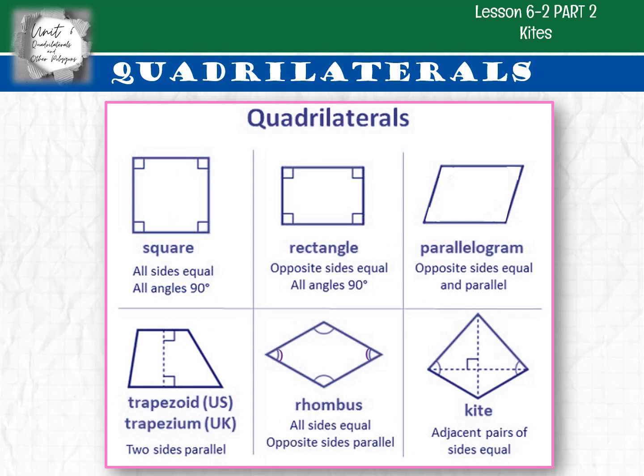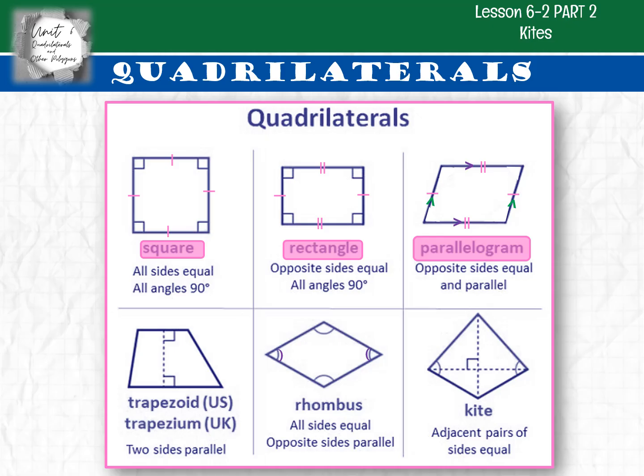Here's just a review of some properties. We haven't gotten to all of these, but I'm sure you know some of them. Square: all the sides are equal and all the angles are 90 degrees. We actually used it a little bit in the last unit. Rectangle: opposite sides are equal and all the angles are 90 degrees. Parallelogram: opposite sides are equal and parallel. By definition, it's parallel. Now the green arrows mean those two are parallel. The purple mean those two are parallel. If you're writing it on your paper and not using color, you should probably use double arrows on